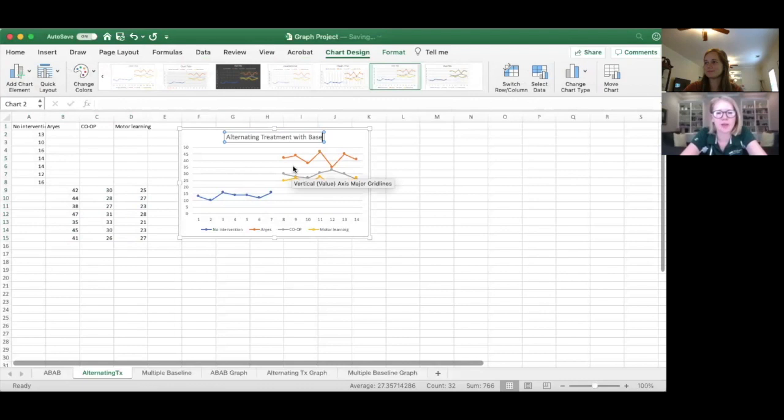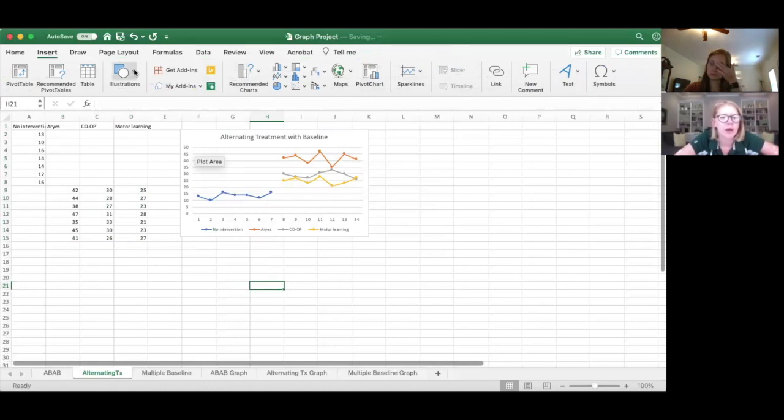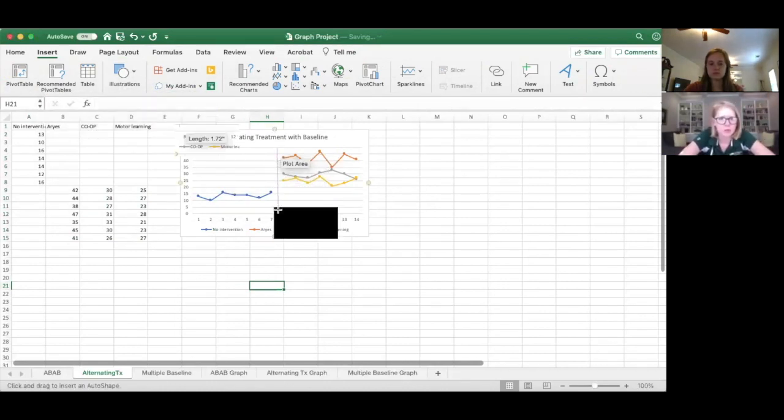I remember making one with the baseline because this right here is the baseline. These are your different treatments, as you will see again. This one is the AIRS approach, and then co-op and motor learning. So we have that. You'll want to, again, go back to insert, illustrations, shapes with the line, so we can separate these points in time